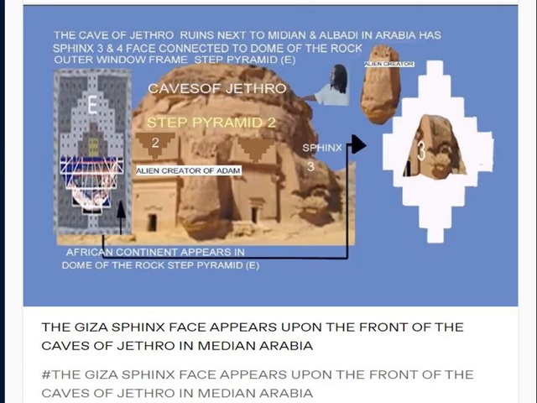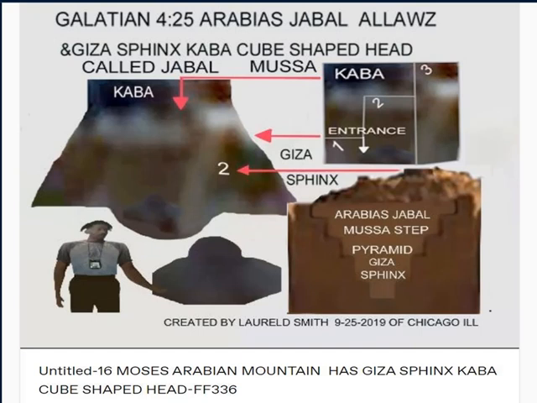Then above it, up on the upper mountain wall area, we see a stone step pyramid upside down. And these are the same 1, 2, 3, 4, 5 blocks stacked on top of one another that form a step that you walk upon. So here's the calling card that proves that the African continent civilizations are the origin of Judaism. Not only do we have a black man's face on the lion's body being denied in theological racism within the 400-year-old mistranslated English King James Bible, but now we see that the so-called V-shaped piece of land that during the